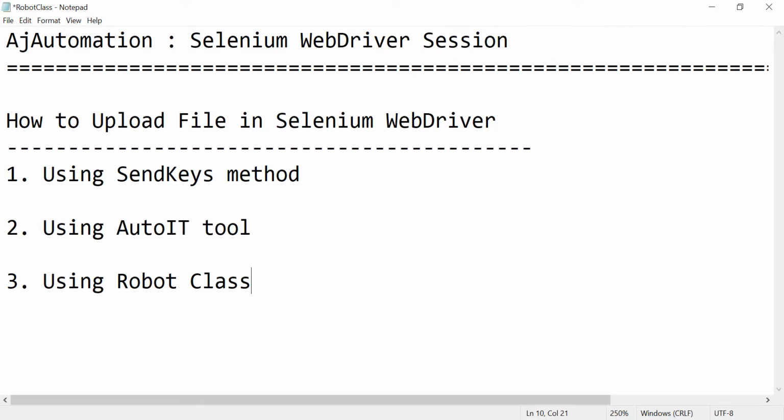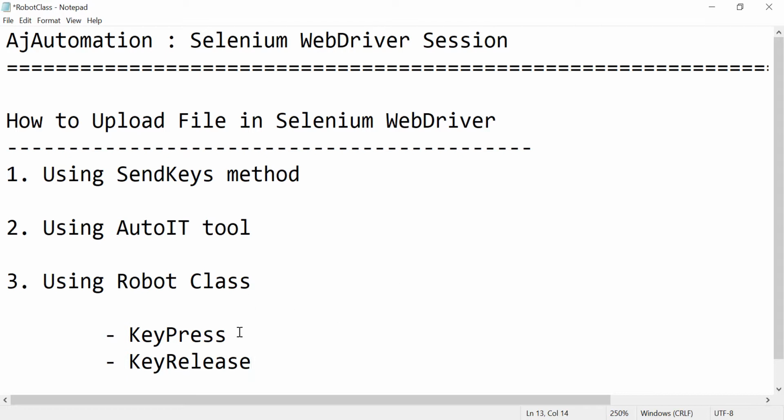In the robot class we are going to use two methods. For key press we have the keyPress method, and then you need to release the key, so there is the keyRelease method.